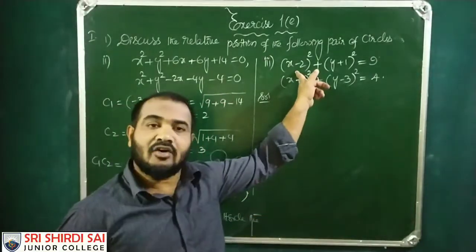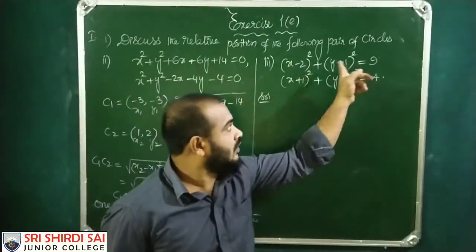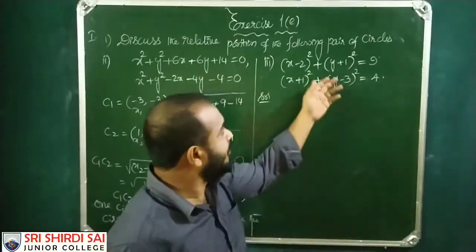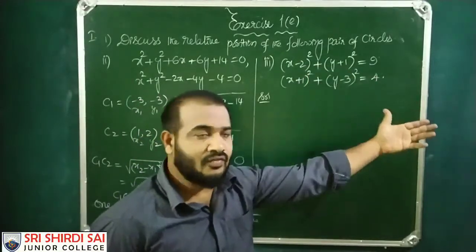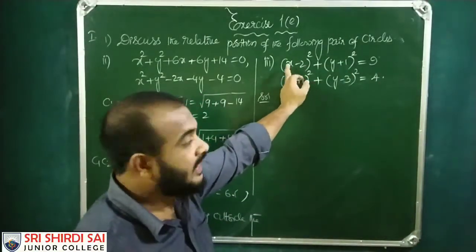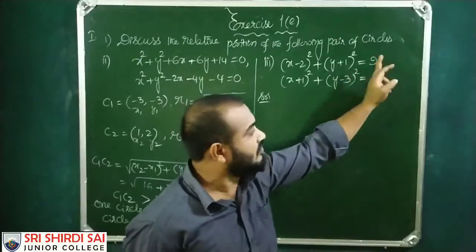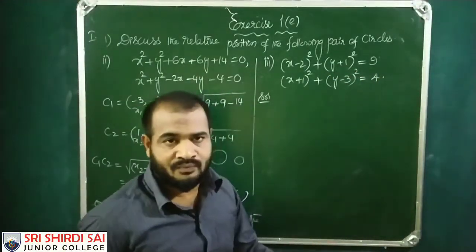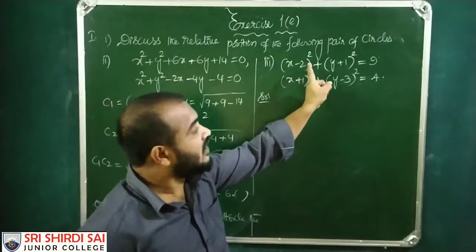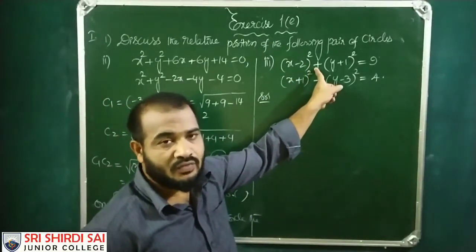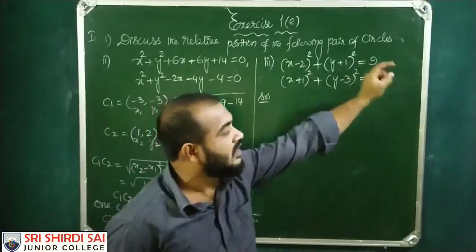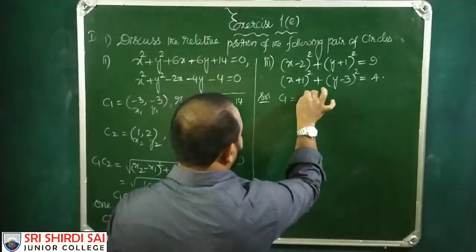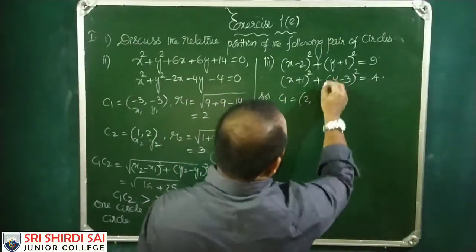So instead of expanding and coming to the general equation of a circle, we may do it from here itself also. This is of the form (x minus h) whole square plus (y minus k) whole square equals to r square. What is this called? This is the central equation of the circle with center (h, k) and radius r given. So can you tell me what is C1 here? (h, k). So (2, minus 1).